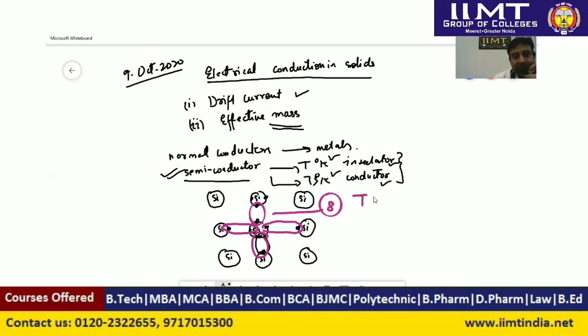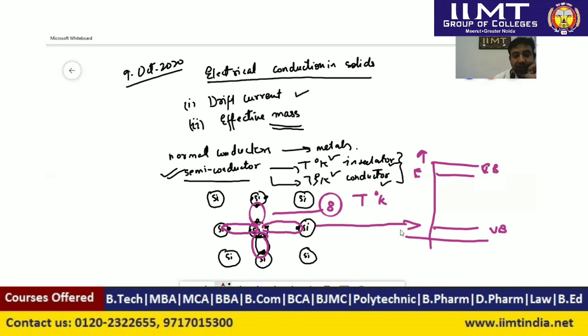This is the situation at 0 degree Kelvin. And if we draw an energy band diagram, this is increasing energy, and this is the conduction band, and this is the valence band. This outer circle is actually this valence band. So now here there are electrons, by sharing these electrons equal to 8, by sharing in a covalent bond, and this conduction band is vacant.